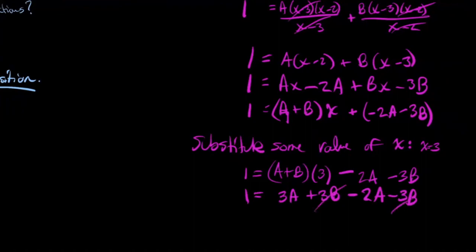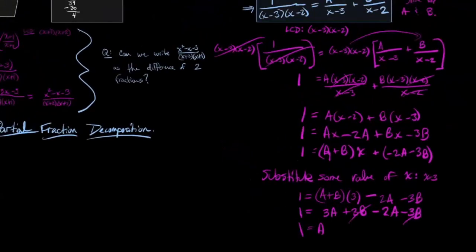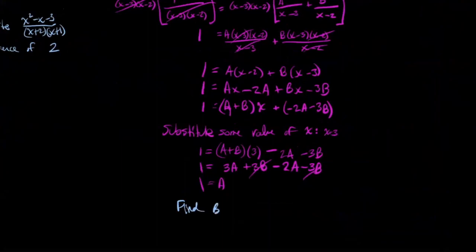The b's are actually going to cancel, and we're left with one single a there, 3a minus 2a. So we get a equals 1. All right. So if a is equal to 1, we can find b pretty easily. So we'll find b, and all we have to do is substitute. So 1 is equal